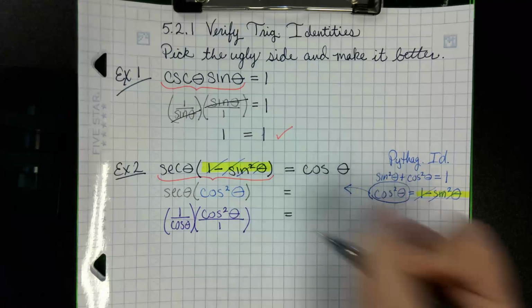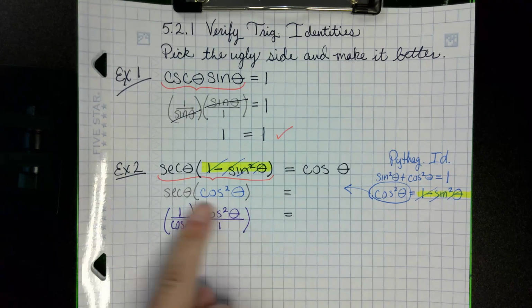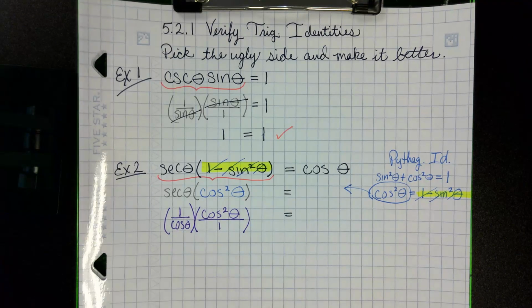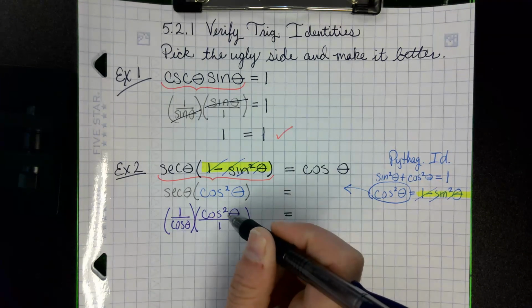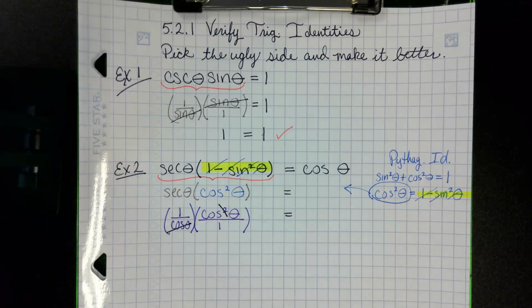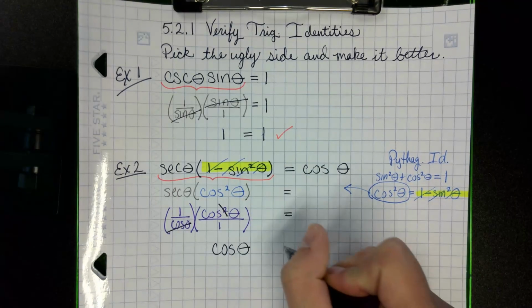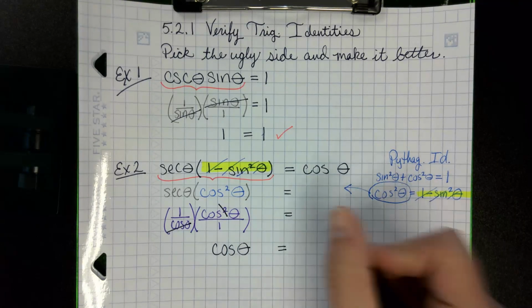And that equals whatever's on the right. All right, so then I look at this and I'm like, okay, I have cosine. I'm going to multiply these two fractions. There's a cosine in the denominator, and there's cosine squared in the numerator. I can cancel the squared with a cosine. So now all that's left on the left is cosine theta, and that equals whatever's on the right, which is